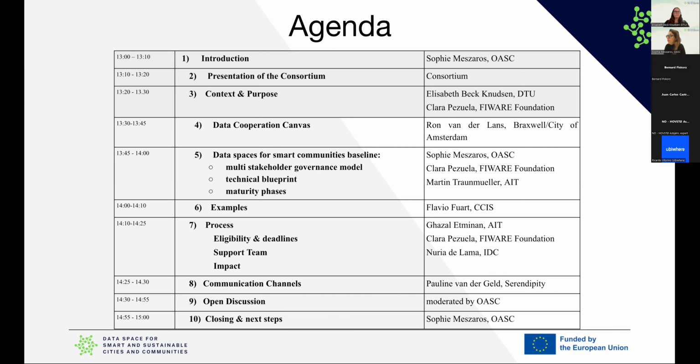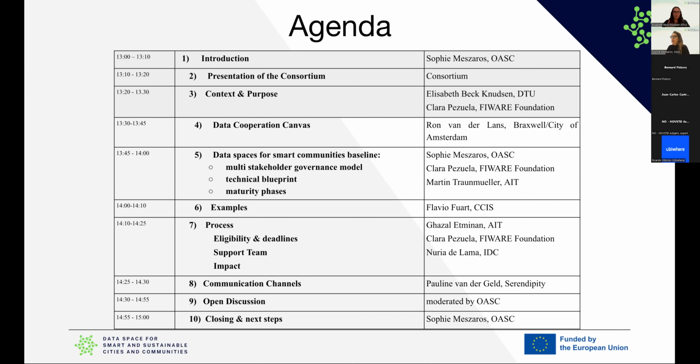with the kind help of Ron from Bruxelles and City of Amsterdam, the Data Cooperation Canvas, which is a tool that was developed during the preparatory action, which helps data sharing cooperations, as the name may have given it away. And then we will just go over the results of the data space for smart communities preparatory action. So what is the blueprint and what is the action plan for deployment and what is available for everyone already